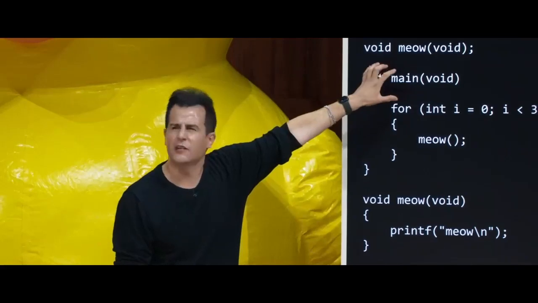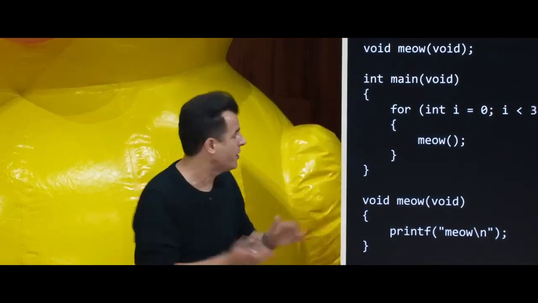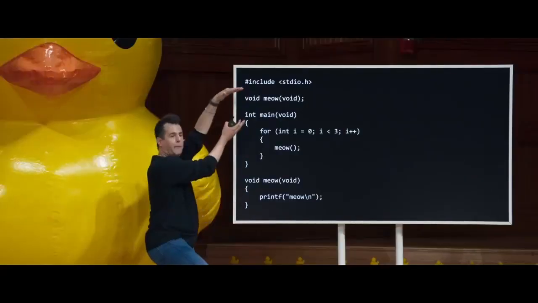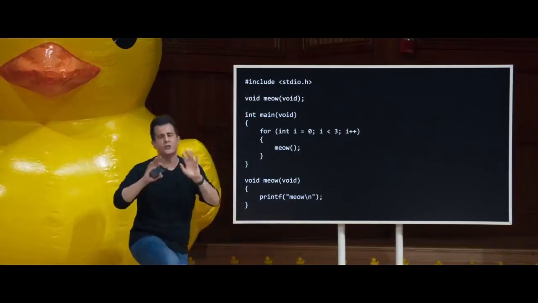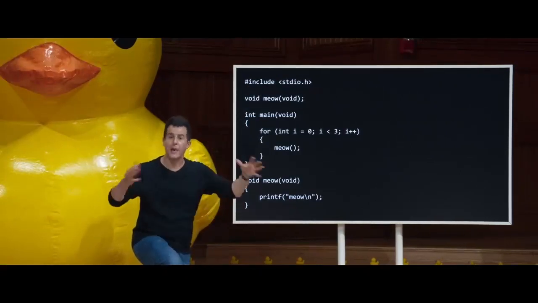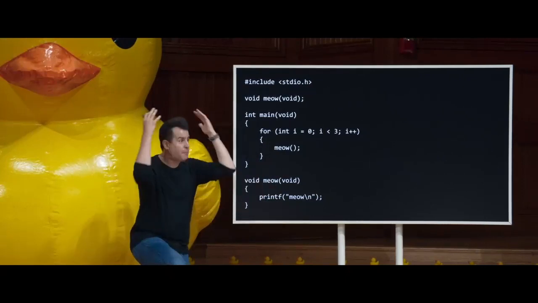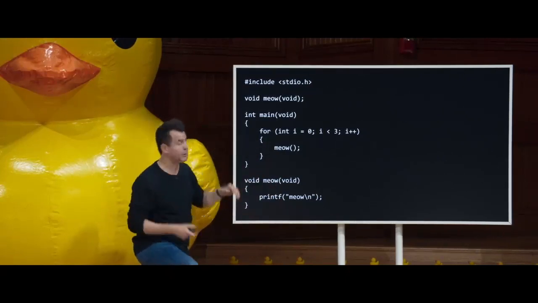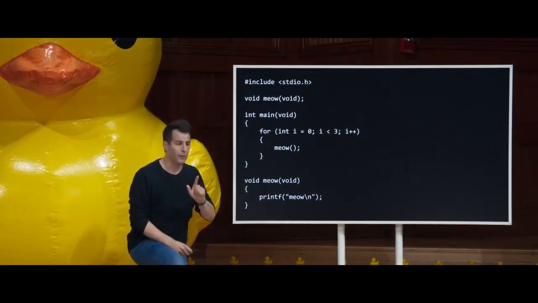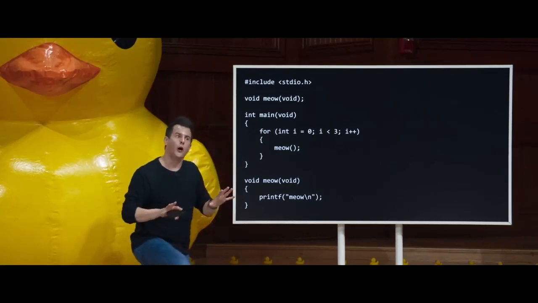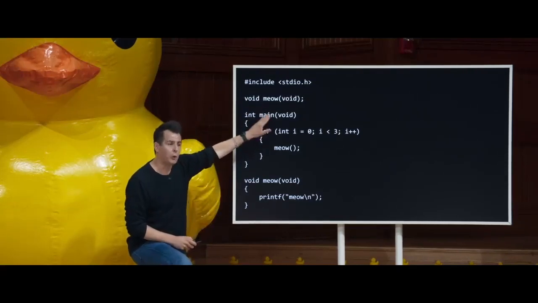So this is kind of like a little hint of what is to come. Alternatively, we could just move this whole thing up at the top of the file. But I claim that that just devolves into a big mess eventually once you have many different functions. Like you can't realistically put them all at the top to solve this problem. So these prototypes solve that problem. So nothing new here, just a reminder of what motivated this one line of prototype.